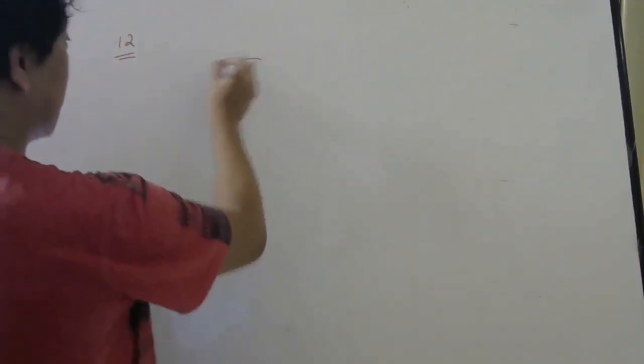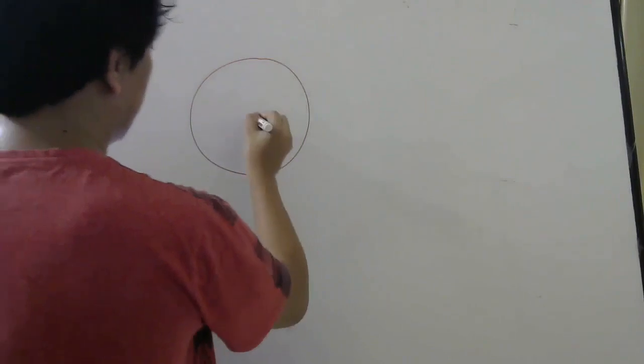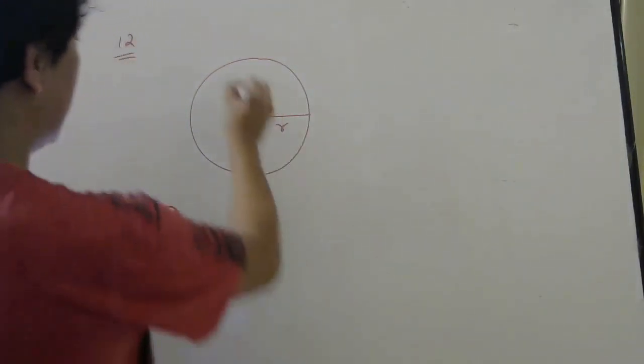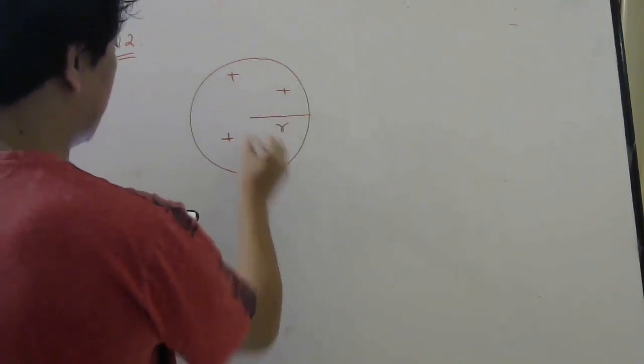Question number 12, you see now. Sometimes questions may be slightly lengthy to read, but if you have patience and can read quickly, they are not so difficult. Question number 12, you see. A uniformly charged disk of radius small r. So there is a disk of radius small r having charge q, so the total charge is q uniformly.